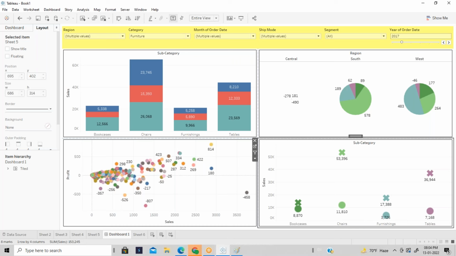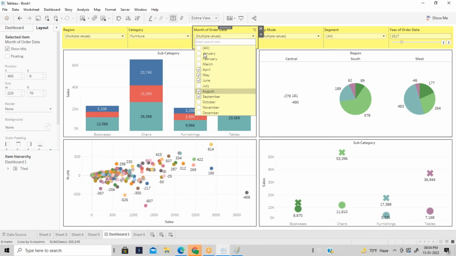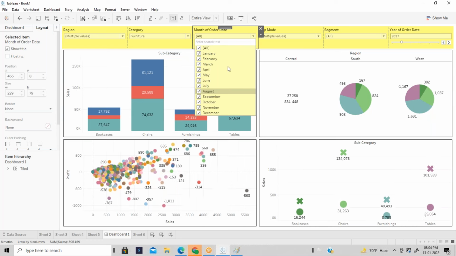That means you are sharing the filter which you created in one worksheet with all the other sheets as well. Okay. Then you can just choose all the months data.